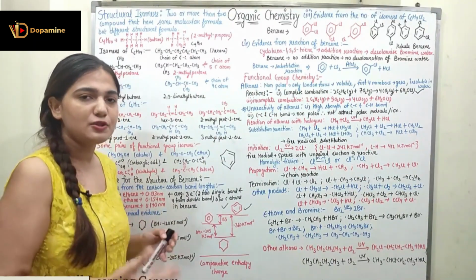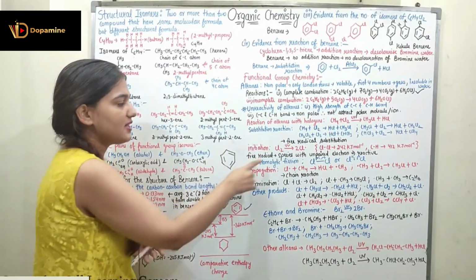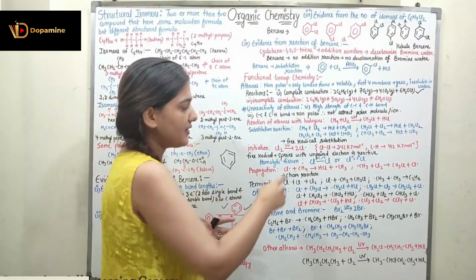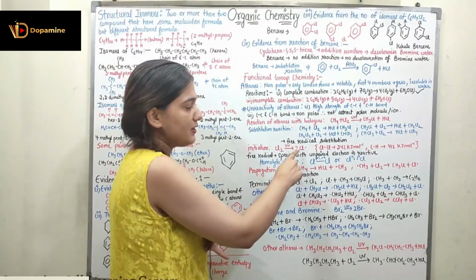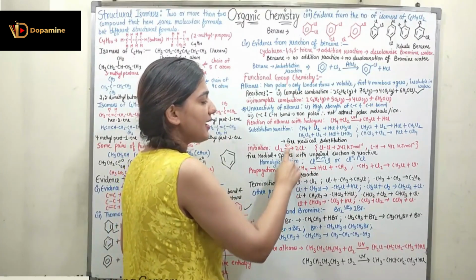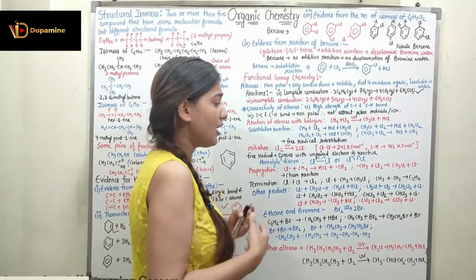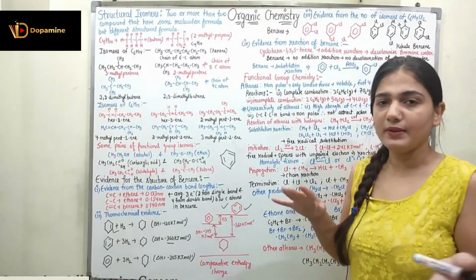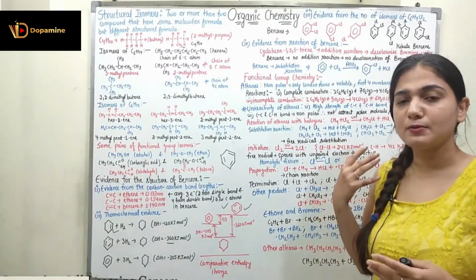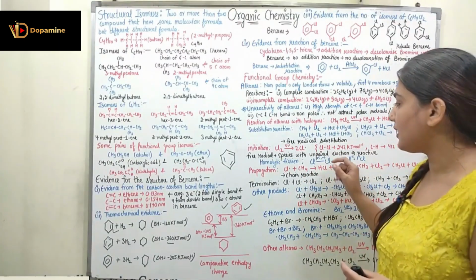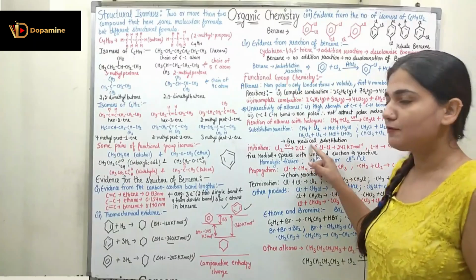What is free radical substitution? Here we have different stages. First is the initiation stage, in which Cl2, in the presence of UV light, generates two free radicals of chlorine, 2Cl. This is the free radical of chlorine, which is highly reactive. Now this highly reactive chlorine can react with the alkanes, because alkanes are not very reactive. So I need to produce a free radical for reaction with the alkane.